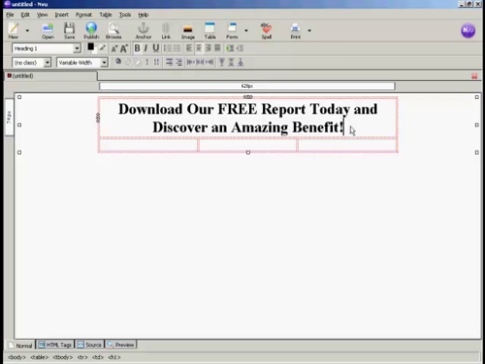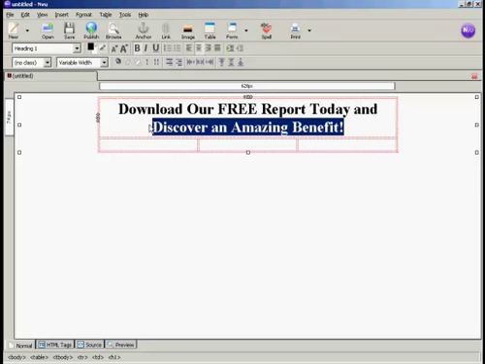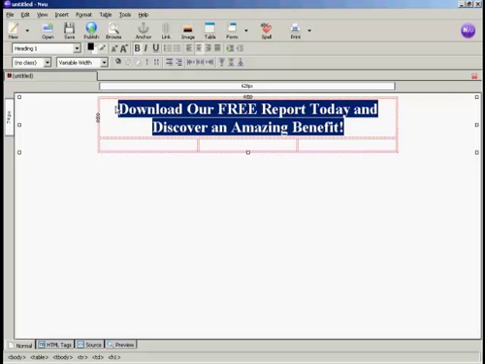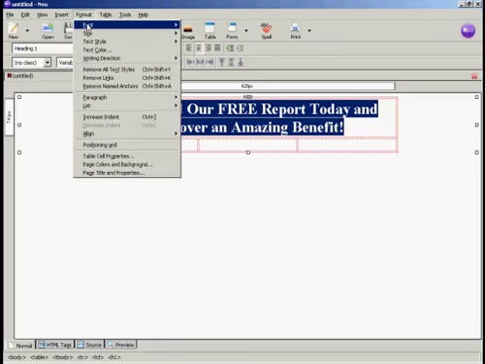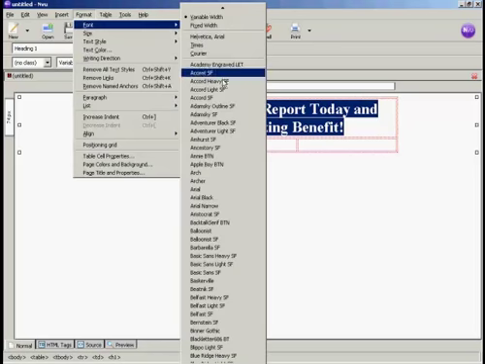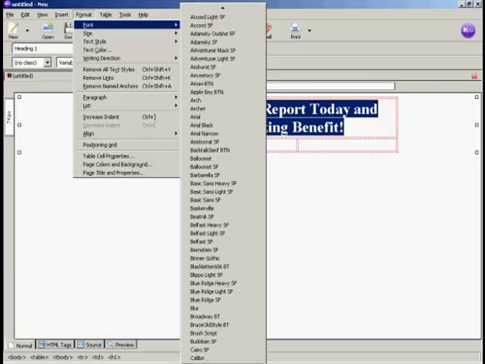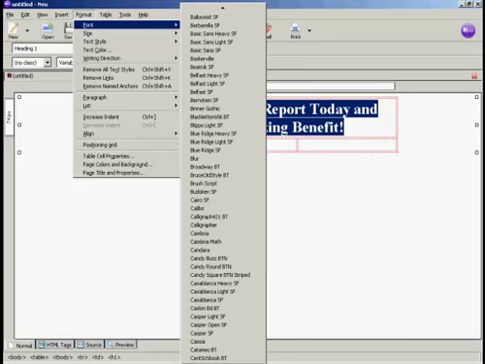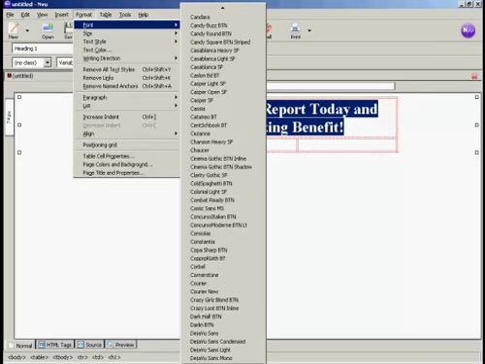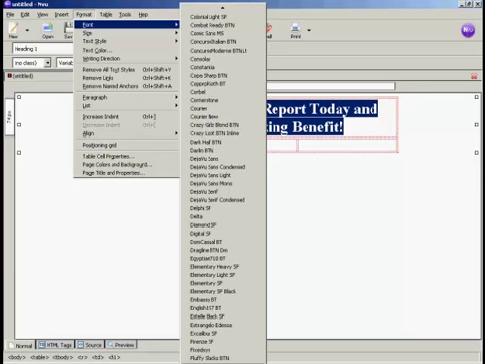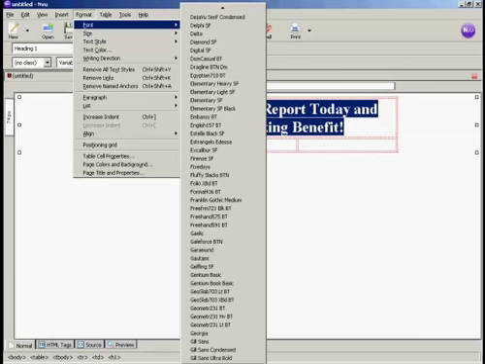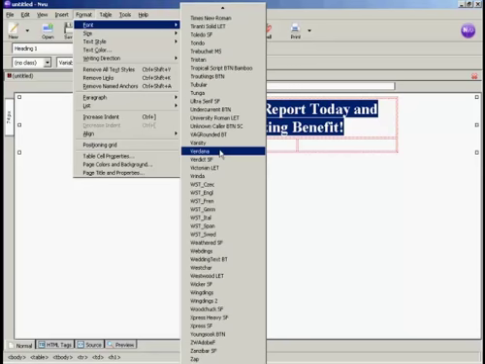There we go. So I'm going to highlight all this just by holding down the left mouse button and then dragging the mouse cursor over the text. And I'm going to come here to format and font, and the one that I'm going to use is going to be Verdana, which is right down at the bottom of this list. You can see I've got quite a large number of fonts and typefaces on this computer. So select Verdana,